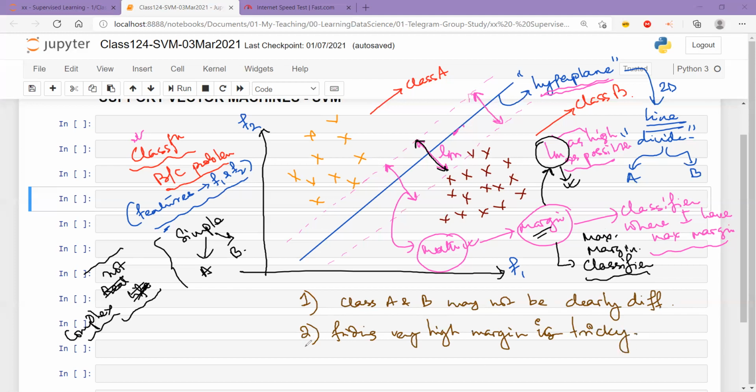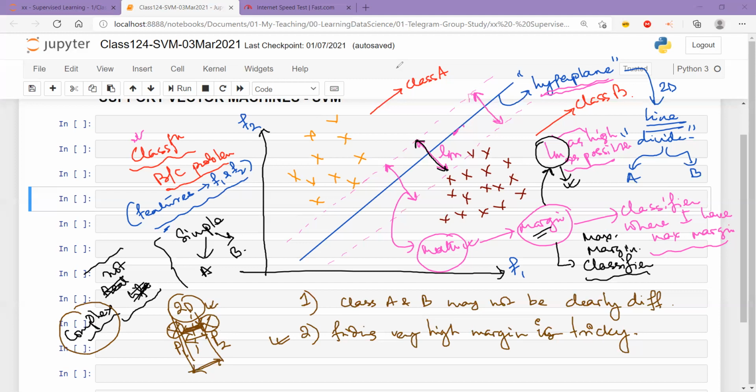Because in real life cases, there will be a lot of complexity, which means that, let's say, there are 2 points, P1 and P2. They may be very similar and hence very close to each other when they're plotted on a two-dimensional plane. And that's the reason why, to find a decision surface between them which is going to have a lot of margin, a margin must be created between P1 and P2. Then this kind of a hard and fast requirement may well be very difficult.